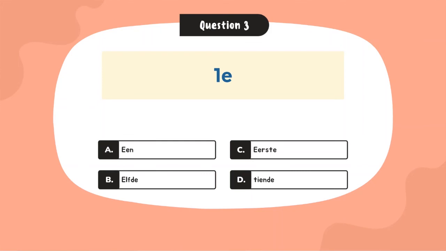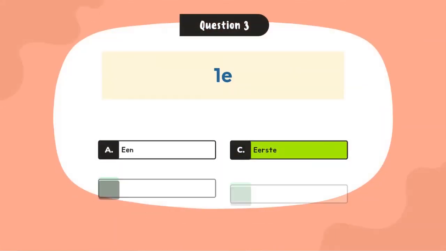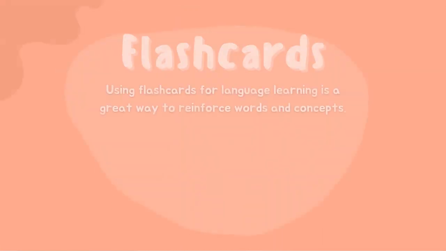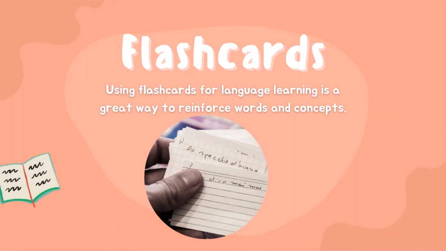Here we go. And the answer is, of course, C, right? Yes, eerste. That is the word eerste. So if you are first somewhere, you say, ik ben eerste. All right, well done. As I mentioned in this course, I will also help you with a tool to improve